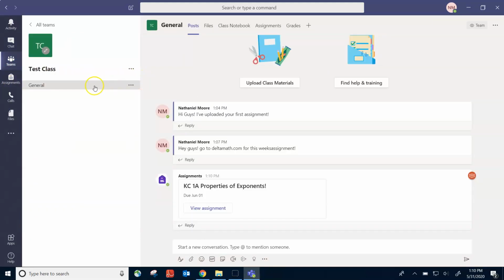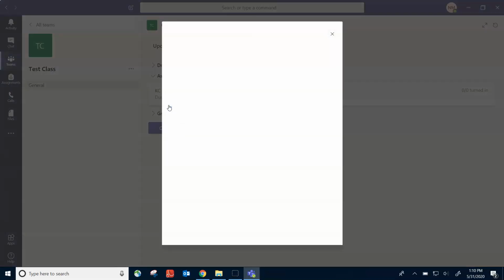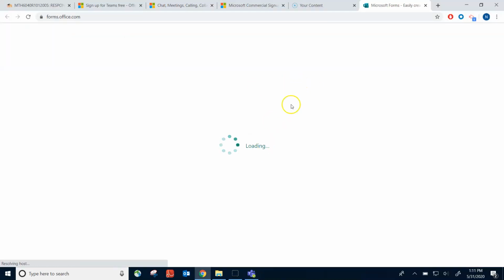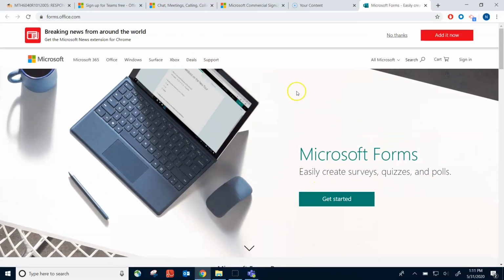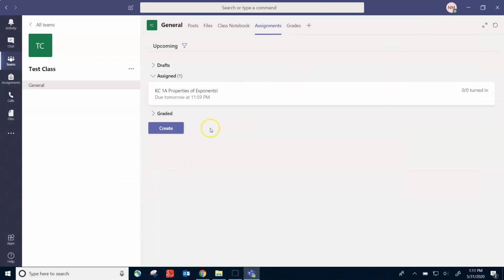What else? If you'd like to make a quiz, we can go back to assignments. You can create your own polls. Let's say create a quiz. It'll ask you to actually use Microsoft Forms, which is another program, kind of like Google Forms. So you'd have to hit new, get started, and then work on it like that. I haven't been able to find a better way to upload quizzes or polls,